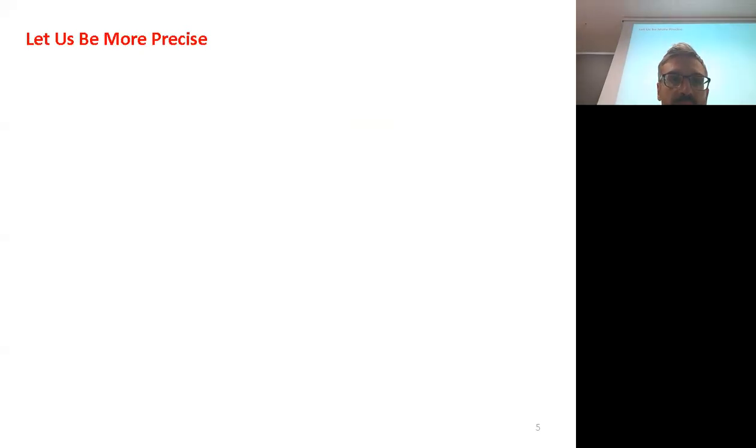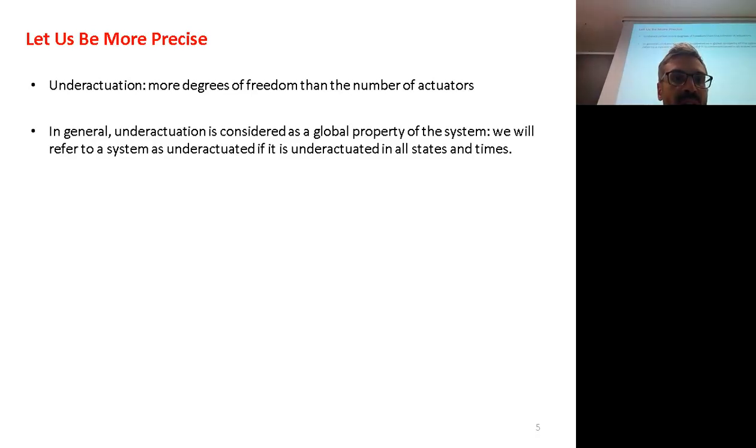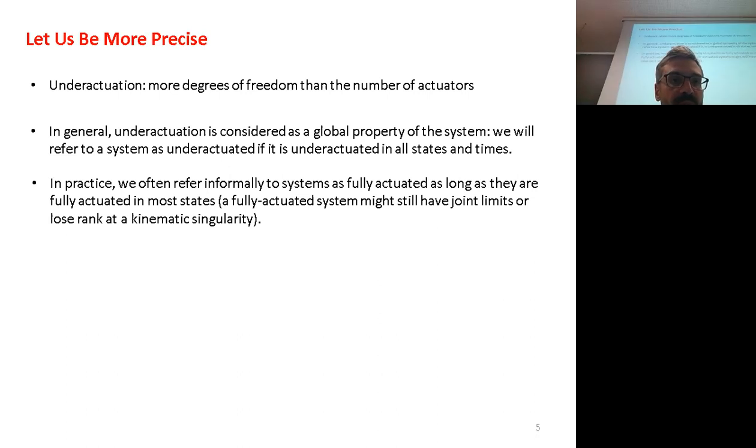But let's be more precise. We said that underactuation is having more degrees of freedom than number of actuators. In general, underactuation is considered a global property of the system. So we refer to a system as underactuated if it's underactuated in all states and times, because sometimes, for example,